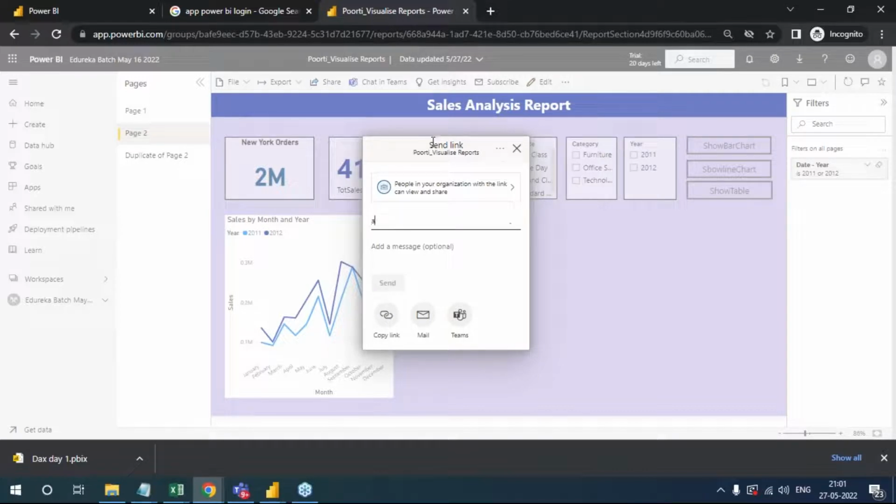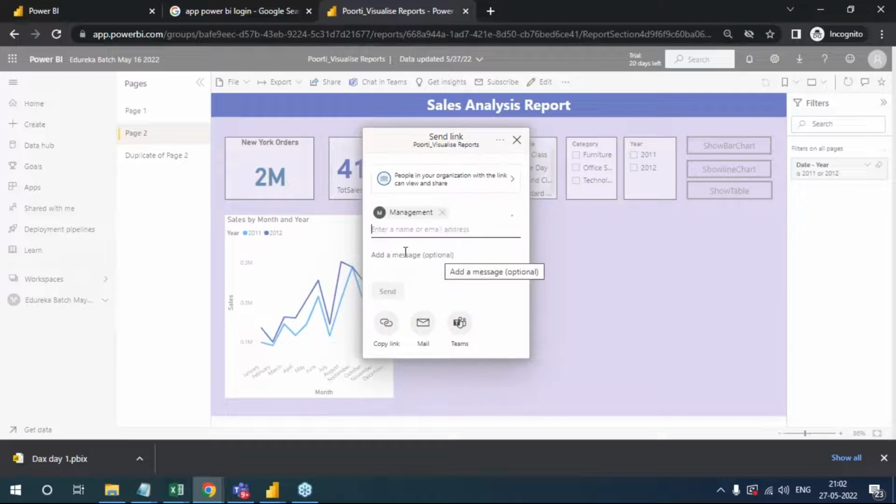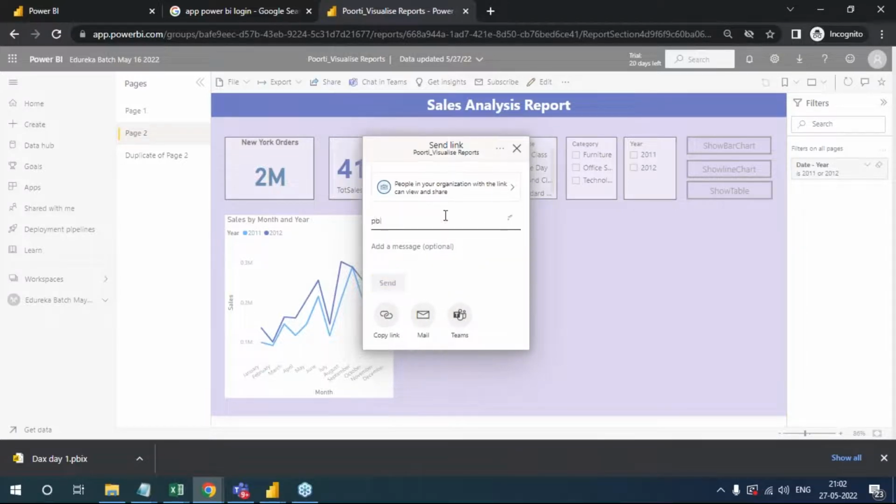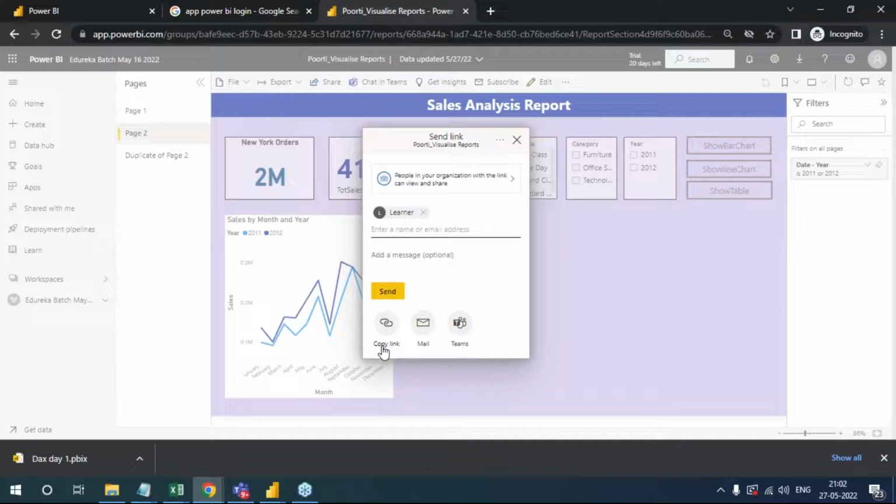if you want to share to me, you will simply say Abdul. I created another email address here. You see there is one email ID called manager at so and so. In real time, it will look like Abdul.Rahman at so and so. If you click on it, or let's say PBI user, you see what you will do. You can copy this link, you can mail it, or you can share into Teams also. This particular person is going to get an email the moment you click on send,